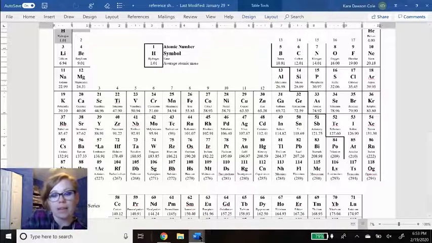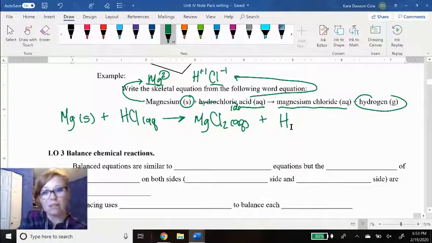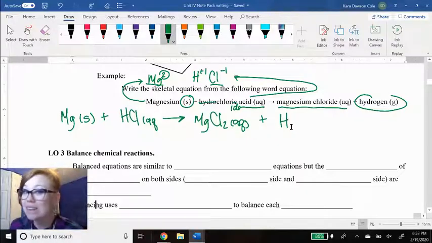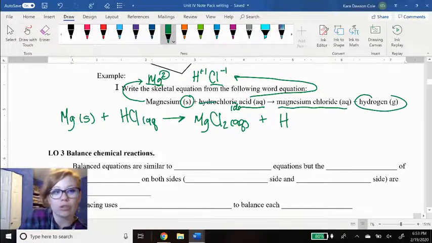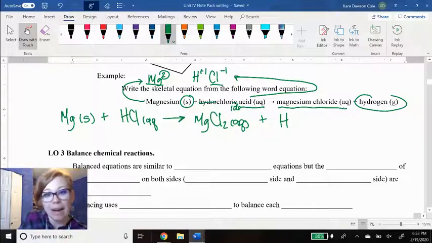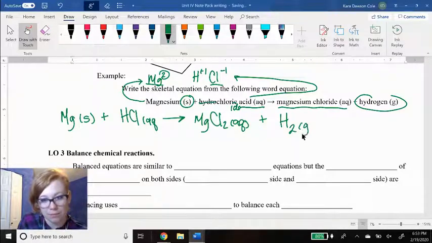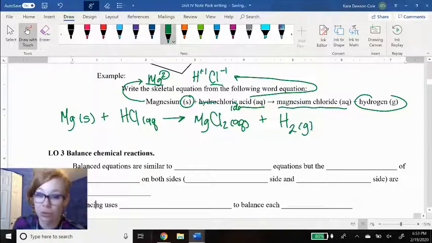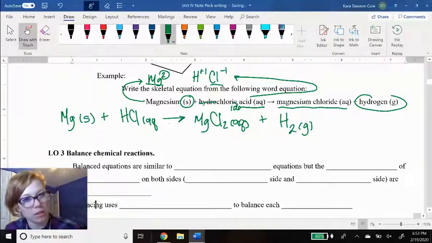So go back over here. If I just write H, that's not right. It has to be H2 because hydrogen by itself is H2. And that's a gas. That is a skeletal equation. Now notice, I don't have the same number of chlorines on each side. That's okay. I don't have to have them the same for a skeletal equation. When we balance an equation, that's going to be a little different because we do want them to be the